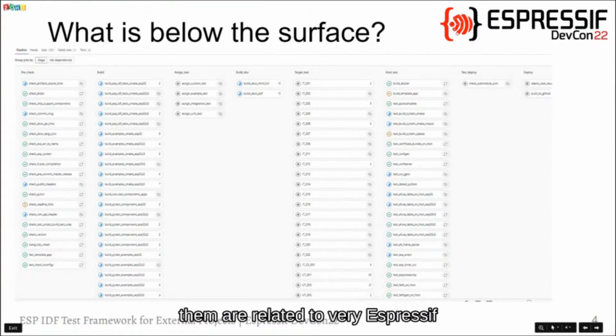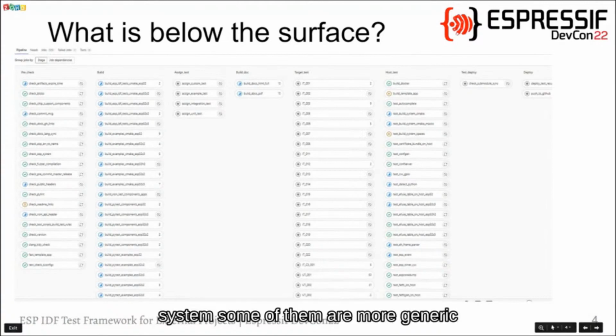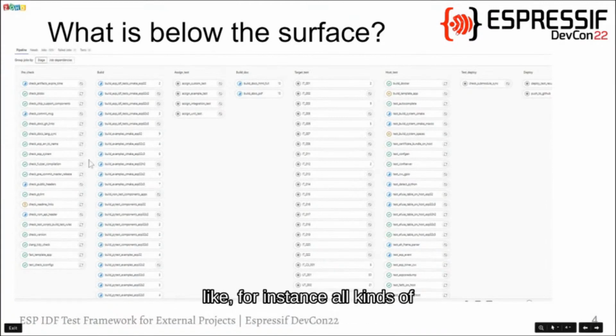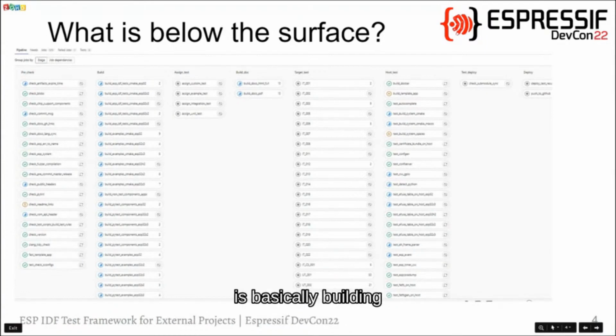Some of them are very specific, related to our processes, related to particular parts of the system. Some of them are more generic, like, for instance, the clang-tidy check, or we have the fast template app test, which is basically building the